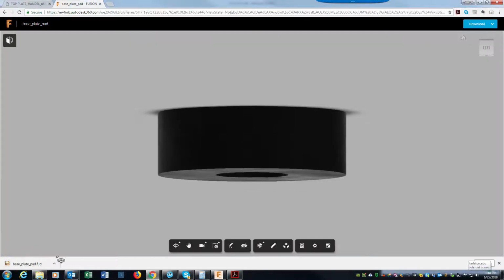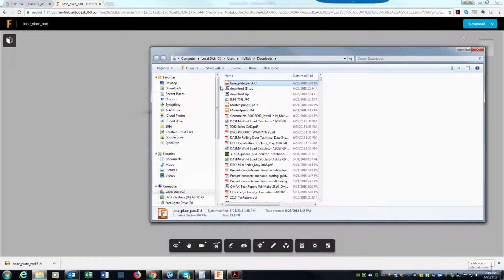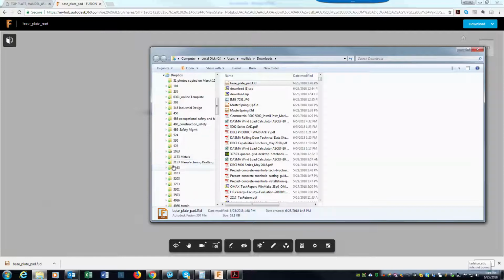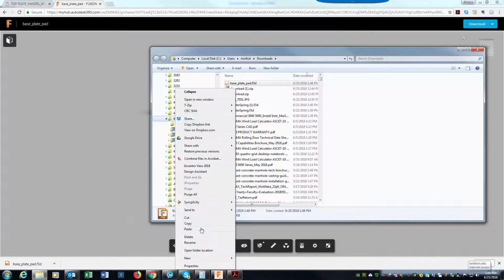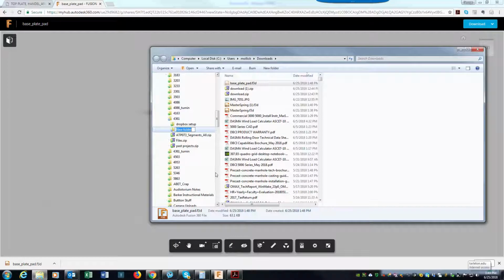It should take you to a place where the file is downloaded, and you can save it anywhere you want. You can show it in the folder. There it is, my downloads. I'm going to take this and put it in the folder where I'm keeping the rest of that stuff. For me, that's going to be 4361. And I'm probably going to make a new folder here. All right, we can call it